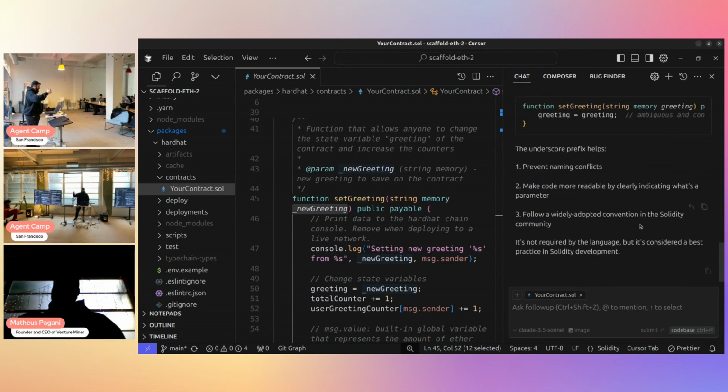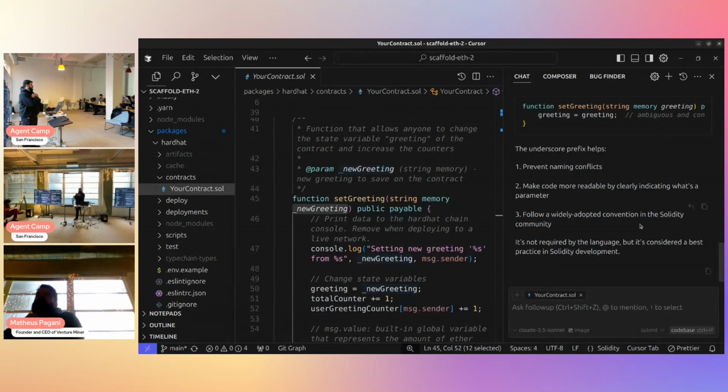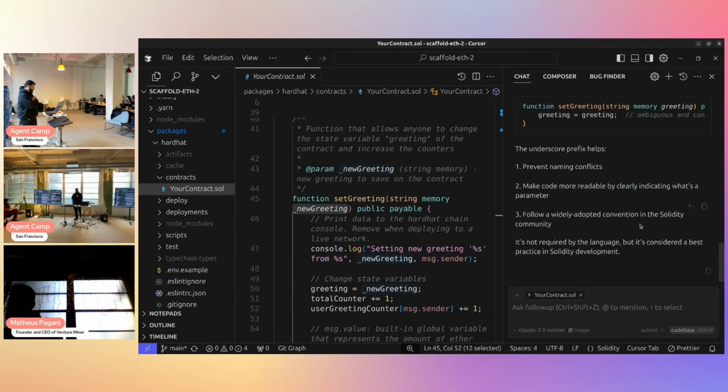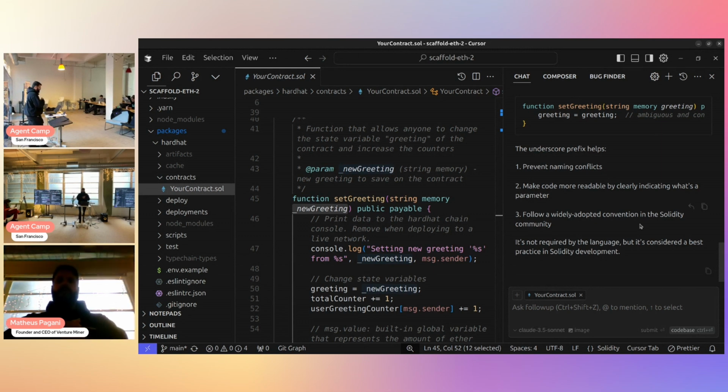So first thing, we can ask questions. We can have Cursor be your teacher about AI, about Web3, about anything that you want to ask, about the syntax of Solidity. It can do a much better job like this, with context, than if you ask it out in the open.